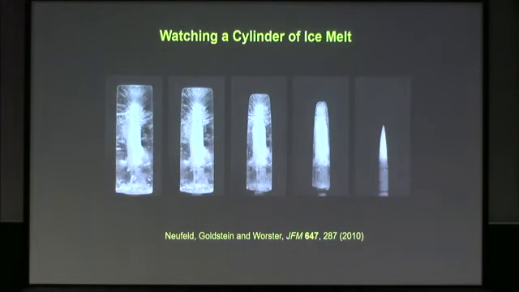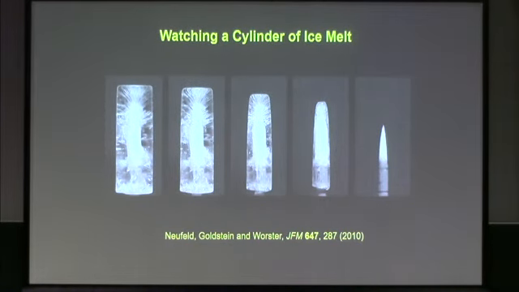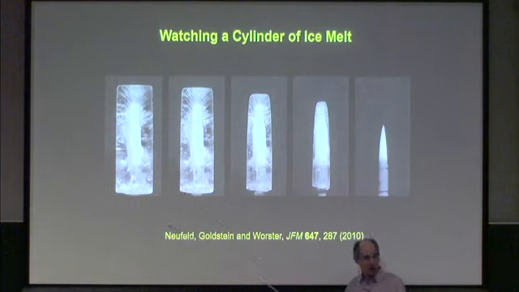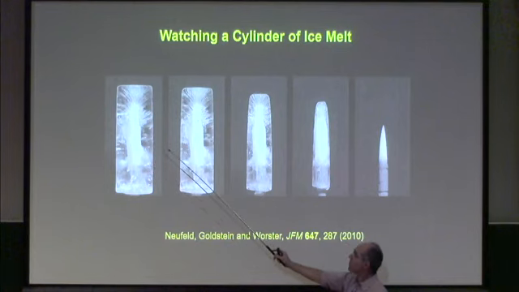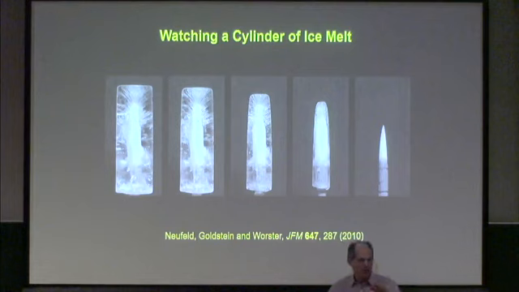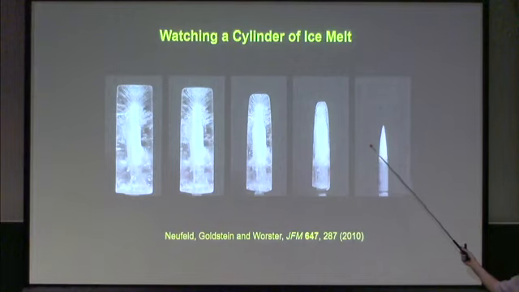Now, apart from watching paint dry, one of the pastimes of the amateur scientist is watching ice melt. In later work, we actually got interested in the reverse problem. So you take a block of ice, and you just stick it in front of a camera, and you watch over several hours as it melts. And what you discover is that although you may have started with a cylinder with all right angles, it very regularly produces this kind of bullet shape on the way toward disappearing.